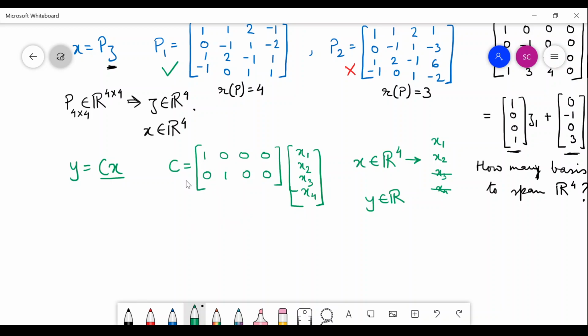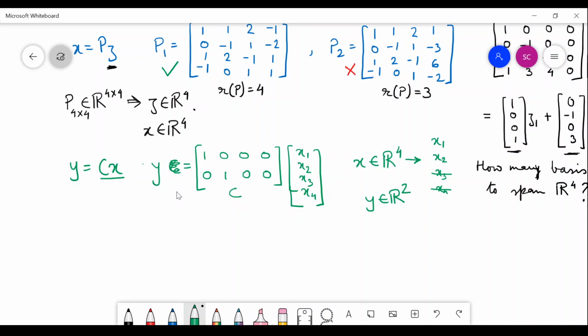Then what is the rank of C? We wish that the rank of C is 2, because we want the y to go from the 4th dimensional space to a 2-dimensional space. That is what we want it to go to. That is why the rank of the C matrix must be 2, because there are two outputs y1 and y2. They should be independent of each other, otherwise defining two outputs separately does not make any sense.